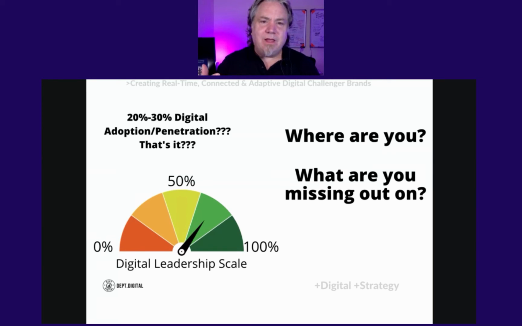So I call it digital leadership, but how can we actually use it to become a better, what I call a chief expedition officer, right? How can we actually make it to define how we do business differently as well? So right now it's about 20 to 30% digital adoption penetration. That's about it, right? Where would you like to be? So if you got a second, put that in the chat, or in the comments, where would you like to be? What kind of zone do you feel that you'd be comfortable in, so that you fully understand what needs